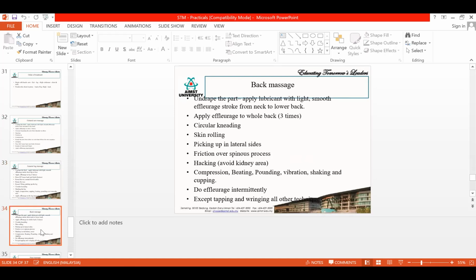So here in massage, so back massage, you will start with stroking, and you need to give it from distal to proximal. Okay, so you can just see,